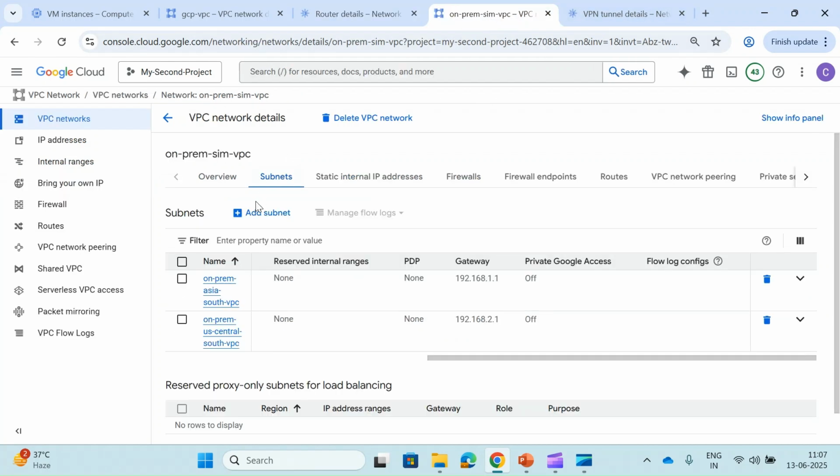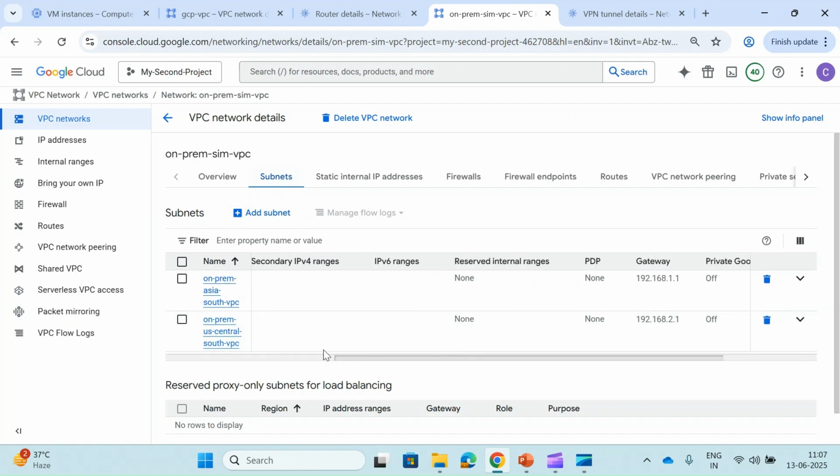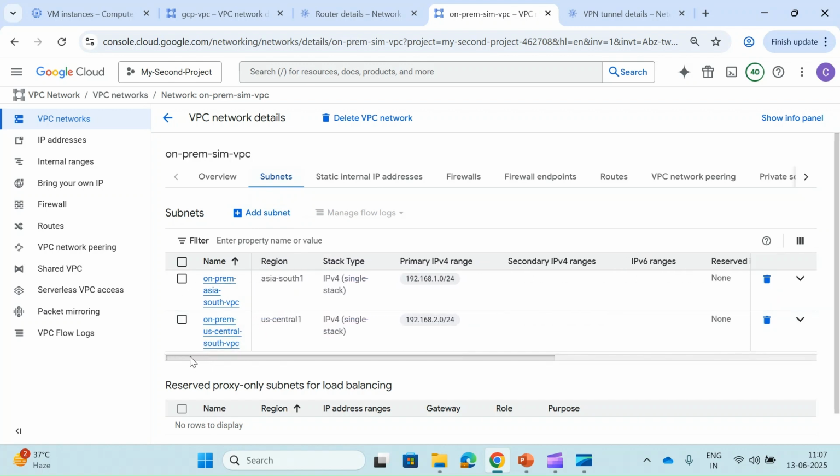Let's go to this VPC and we can see we have two routes here, but we are getting only one. I know you know the reason why we are getting only one. If you don't know, it is because our VPC is regional, so it can only get regional routes. It cannot get all the routes. This is a different route, it is not a regional route. This is in Asia South one. This is the US Central one. So if you want this route to be shared also, we have to convert this VPC into global.